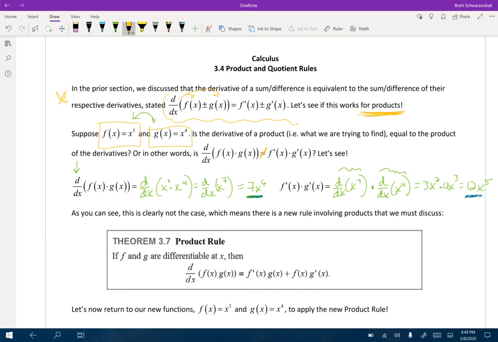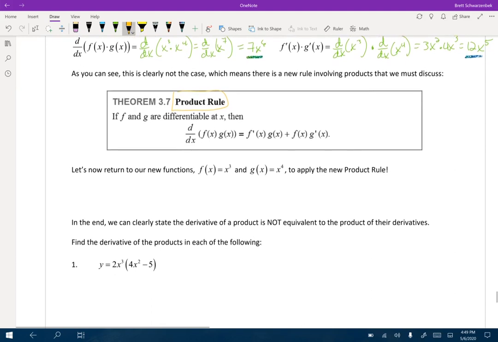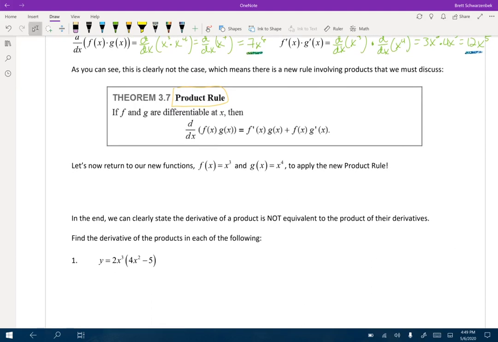It's not the same as our original sum and differences, which means we need a special rule in order to accomplish that. What is the special rule? It's called the product rule. Okay, so jumping into it. The product rule is essentially this. If you take the derivative of a product, it is equivalent to the derivative of f times the original function g plus the original function f times the derivative of